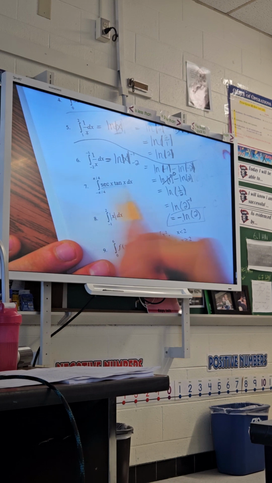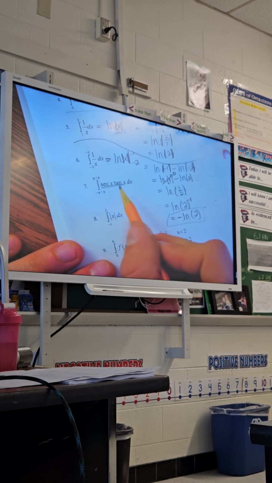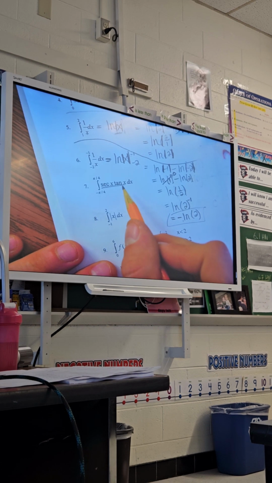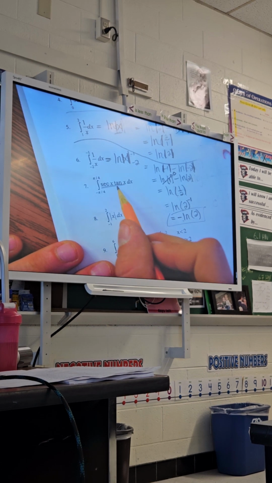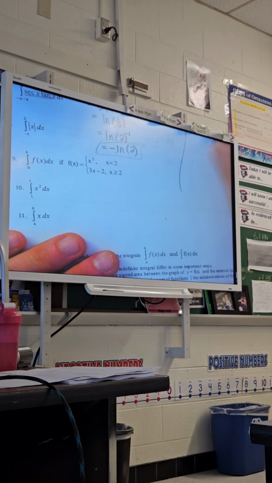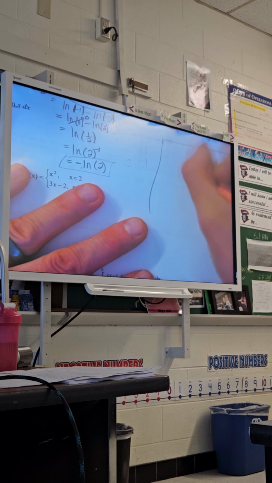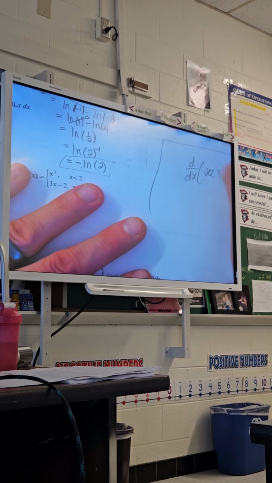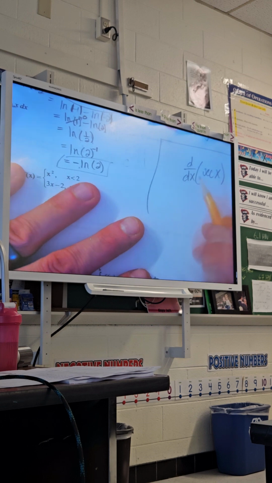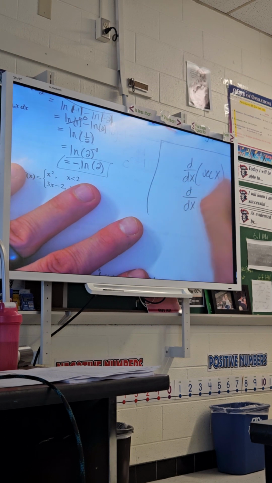Alright, number 7. Being able to take the antiderivative of this is going to involve y'all understanding that if I take the derivative of something, then I'll get this. If you take the derivative of something, you'll get this. It is secant. Good job. The derivative of secant. Hold up. The derivative of secant x is not something that y'all might know how to do right now. You would have to make this 1